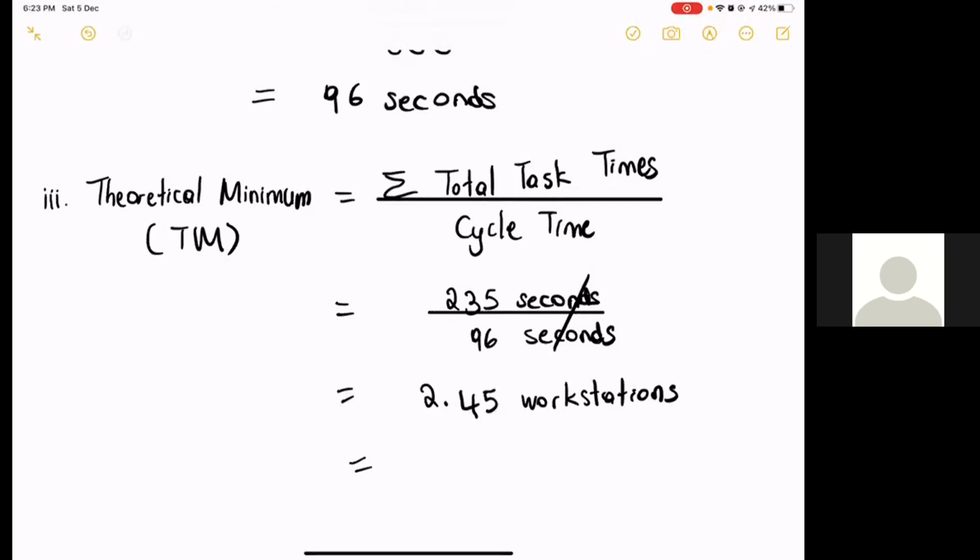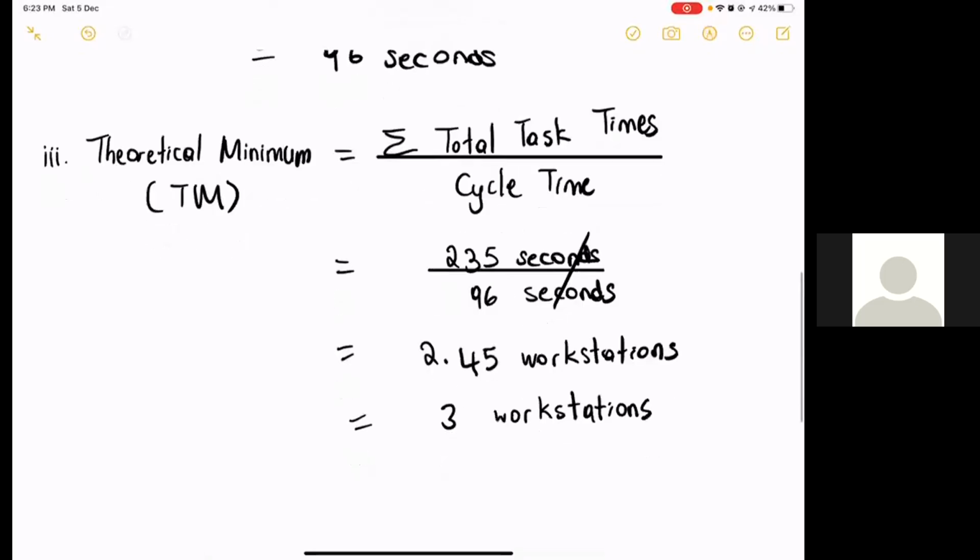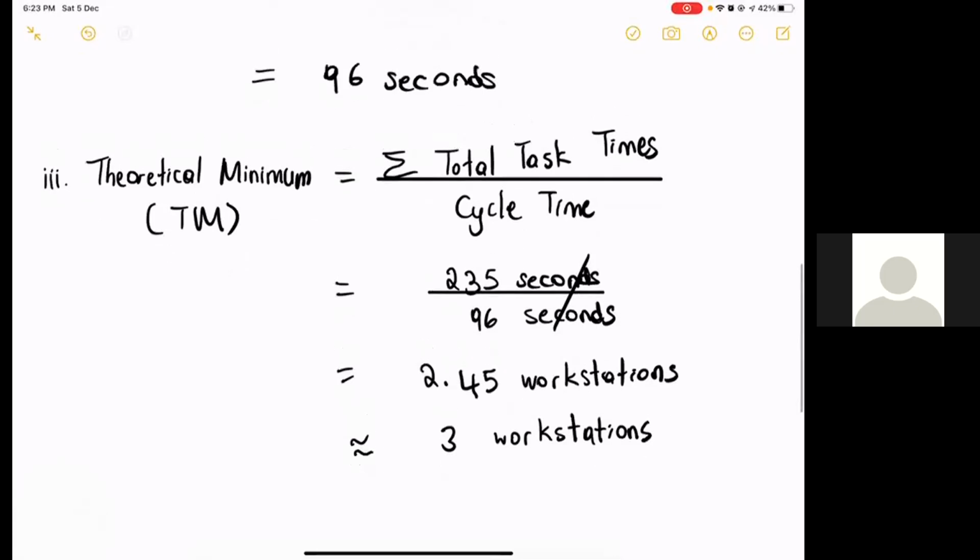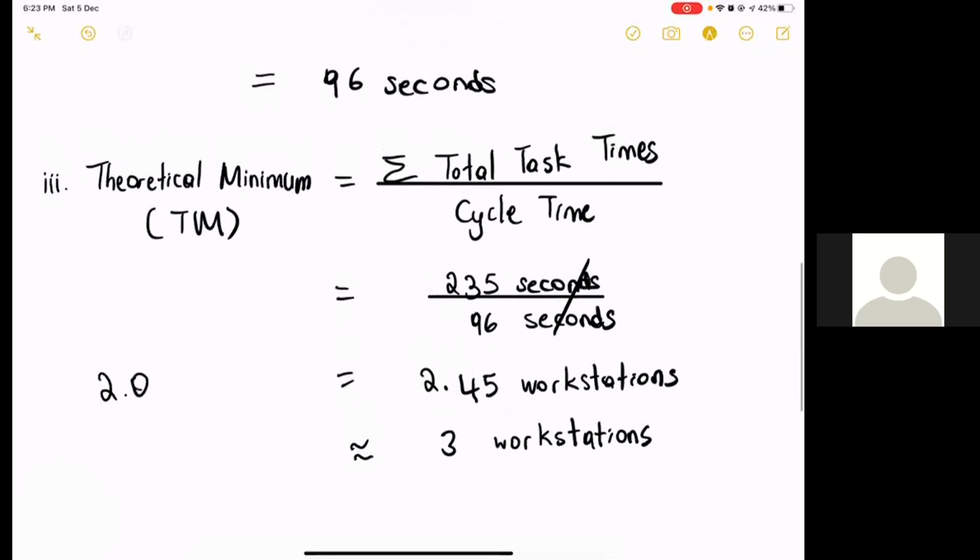And why? Because with theoretical number of workstations, you can't have a workstation being decimal. So you can't have 2.1 or 2.5 or 2.7 of a workstation. And you always round up. Even if it's 2.001, you round up. All right, thanks. Thank you, Ronaldo. You're just taking away all my questions. So yeah, as he rightly said just now,